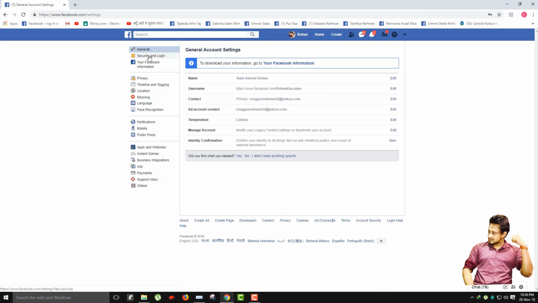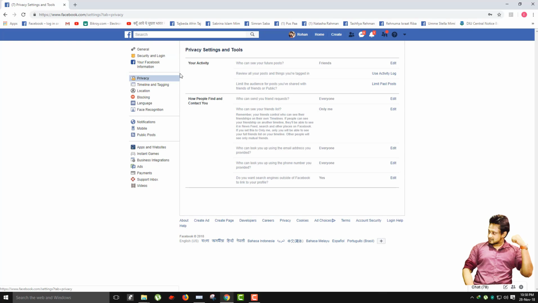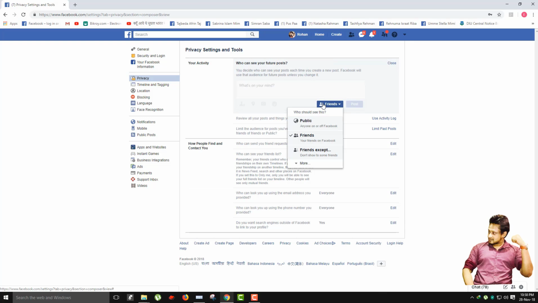After that, general security and login, your Facebook information, privacy. Click on the privacy. Then privacy settings and tool. Your activity. Who can see your future posts? If you turn it,